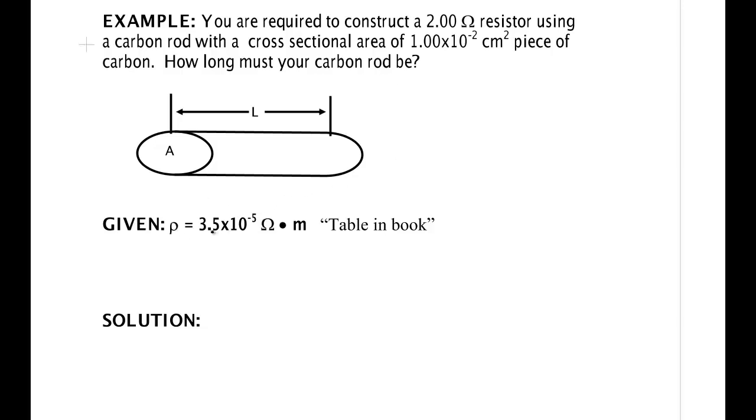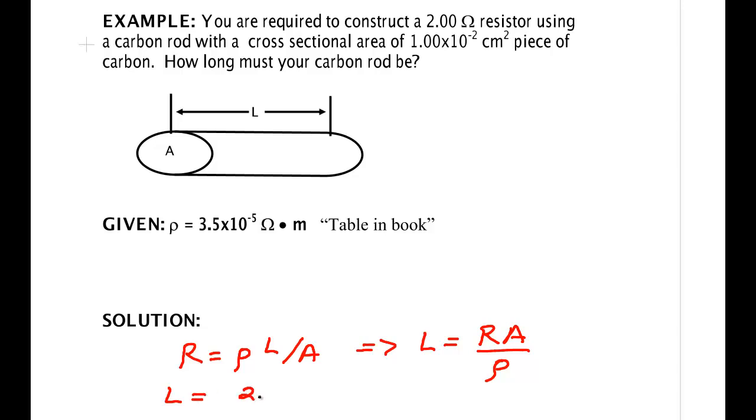So here's a resistivity, 3.5 times 10 to the minus 5 ohm meters. You get that out of a book. And then you're looking at that the resistance is equal to the resistivity times the length over the area. You simply need to now convert that over to length is equal to resistance times area over resistivity. So length is equal to 2 ohms